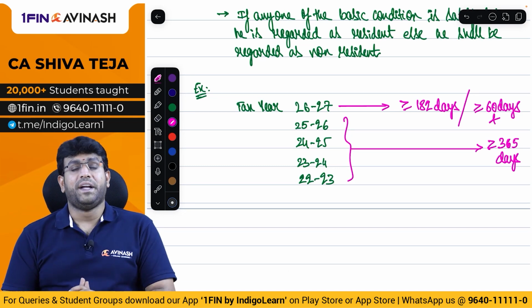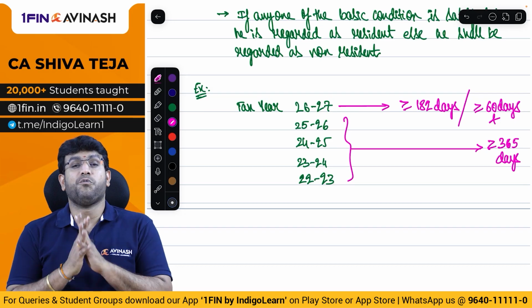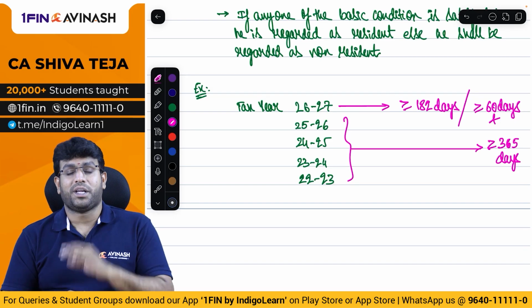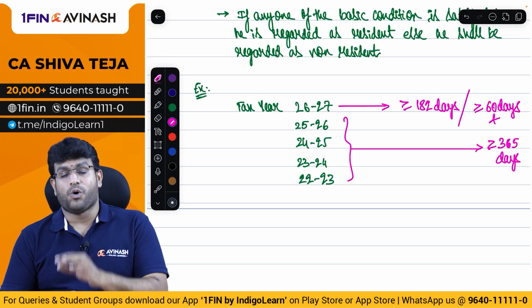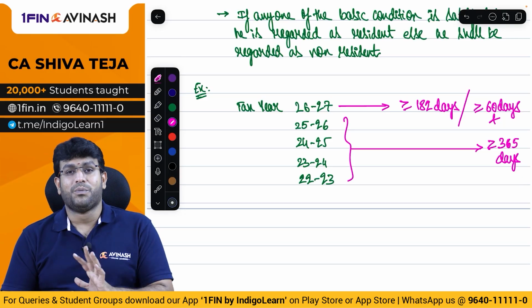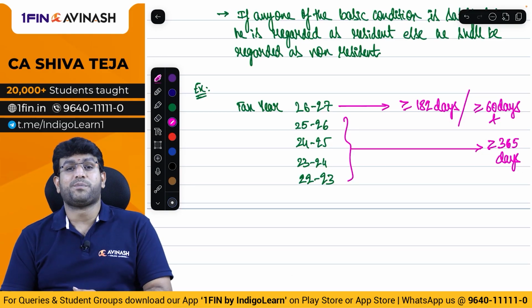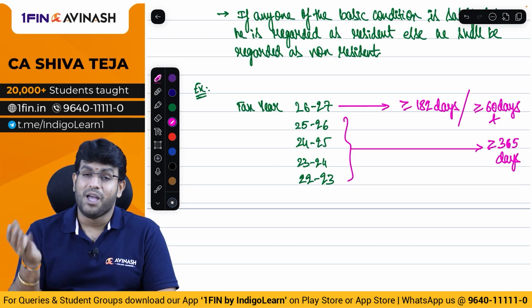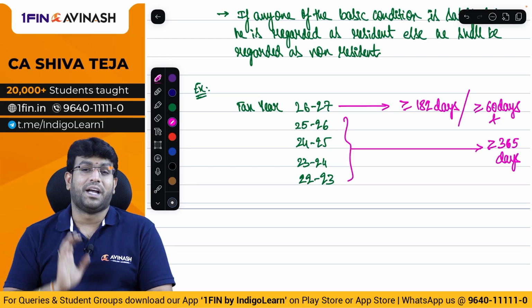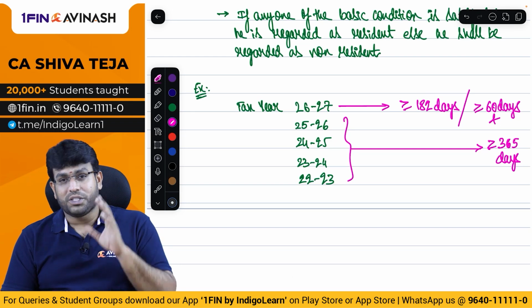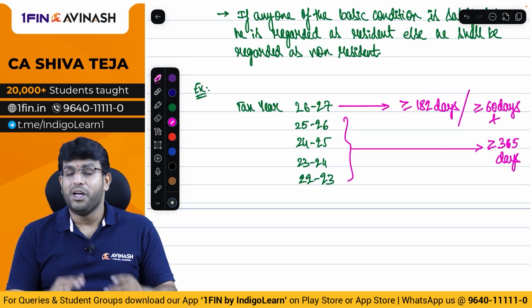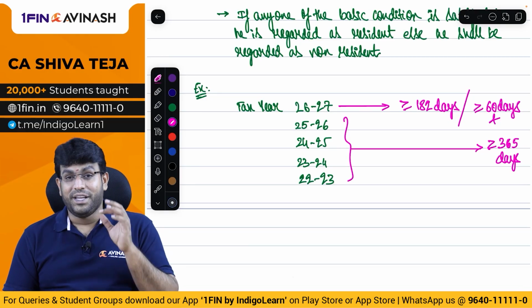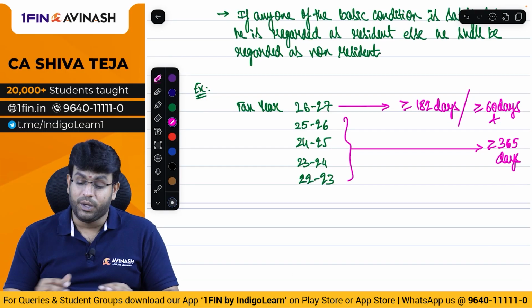So in order to treat an individual as resident, he must satisfy any one of the basic conditions. And we have two basic conditions given by section 6.2. First one is what? He must be in India for a period of 182 days or more during the tax year. Or second possibility is what? He must be in India for a period of how many days, my dear friends? 60 days or more during the tax year and 365 days or more during the 4 years preceding the tax year. If any condition is satisfied, he is treated as resident. Both conditions satisfied, again treated as resident. Both conditions are gone, he is treated as non-resident. Are we getting clarity, everybody? All of us? Very good. Come on, let's see next.